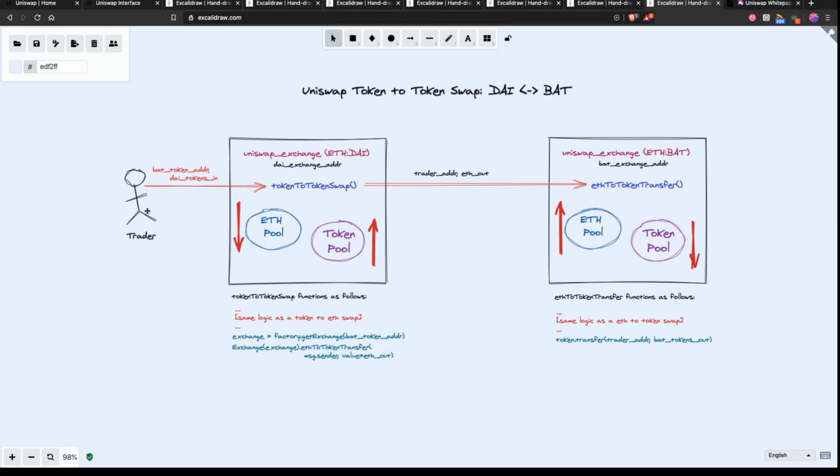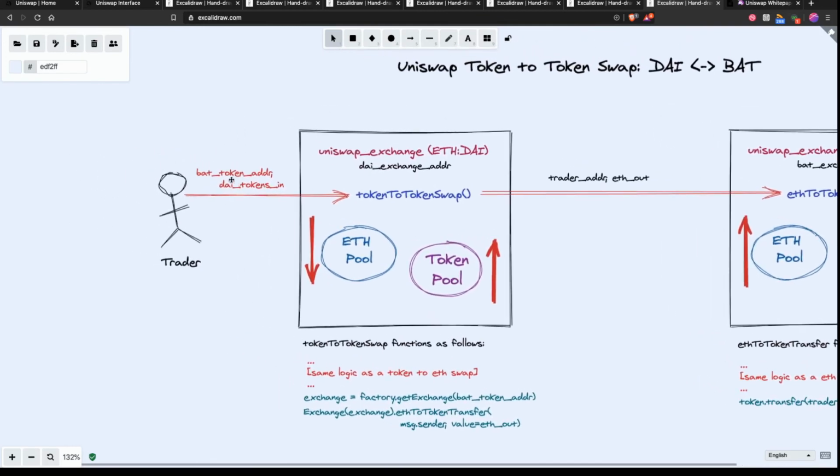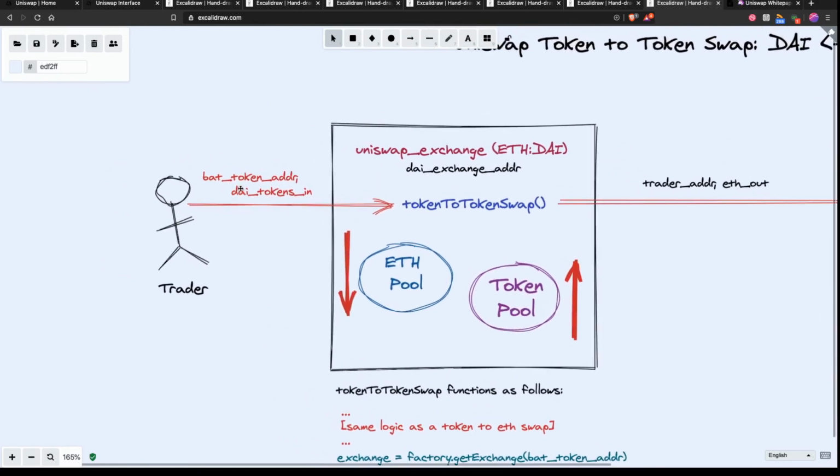And we have this trader, and over here, we can see that the trader wants to trade their DAI tokens, so they're sending in DAI tokens, and they want to trade it for BAT tokens, Basic Attention Tokens, right? In order to do this, they need to call the token to token swap function on the exchange of the token that they own currently. So they call this on the ETH DAI exchange because they're passing DAI tokens in. And notice they pass in the address of the BAT token